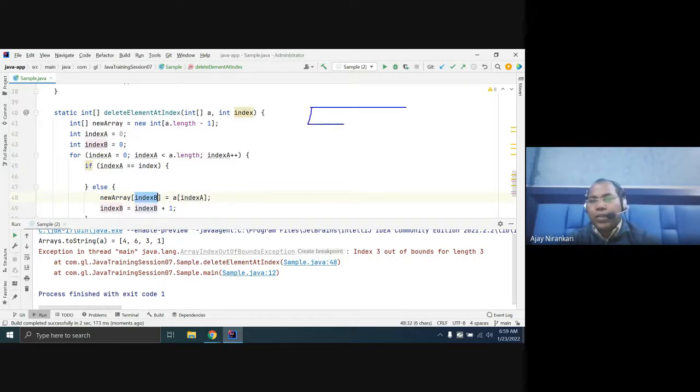In the example we have four elements, like 4, 6, 3, 1. Now you created an array of length less than 1. So this data is copied here, this data here, this data here, but the last element we are going to copy, right? Due to that, we get this exception.